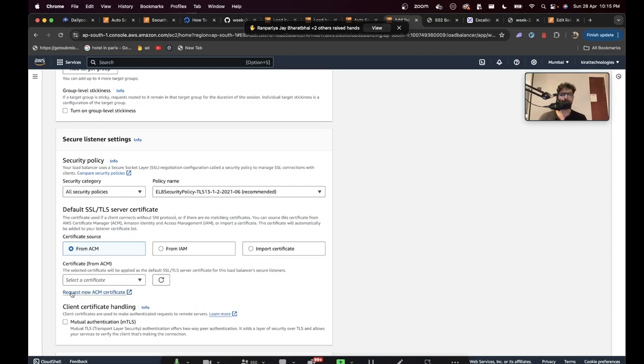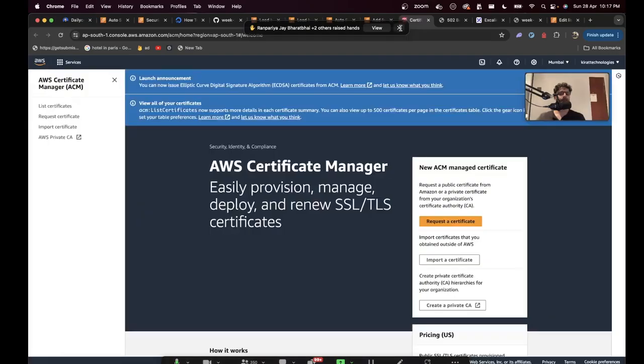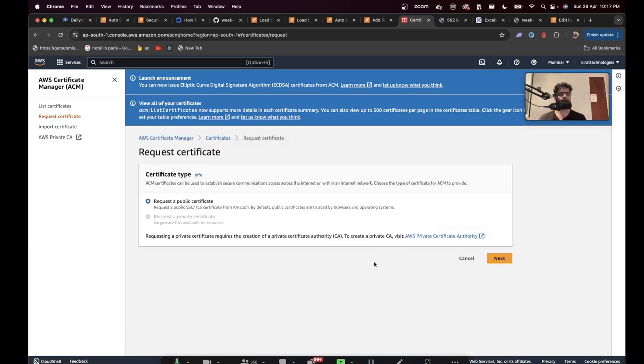So you can request a new ACM certificate. This is similar to when we were running certbot on the terminal. We were trying to create a certificate directly on our machine. This is us asking AWS, please create a certificate for us. I own the domain. class.100xdevs.com is owned by Harkirat. Please give me the certificate. I will prove to you that I own it, but please give me the certificate. So the question is, how can you prove to AWS that you own the domain name in the first place? And the answer is,